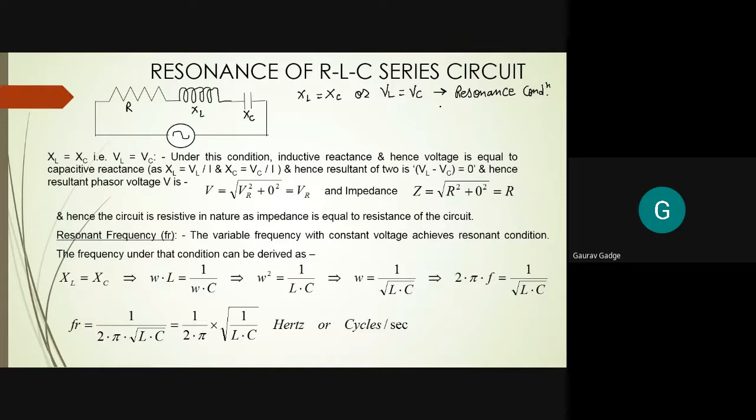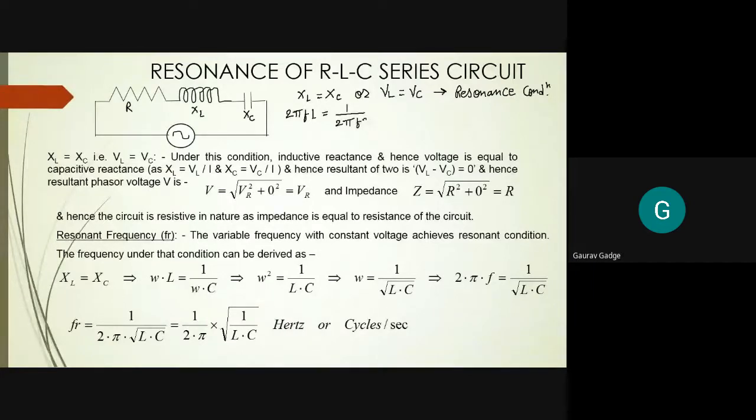They may give the choice of having VL equal to VC also, like VL equal to VC, VL greater than VC, VL less than VC, VL not equal to VC. From that, they may ask you the choice again. So the correct answer is XL equal to XC. Now you know what XL is. XL is inductive reactance and XC is capacitive reactance. So when we say both the reactances are the same, it means 2πfL is equal to 1 upon 2πfC.